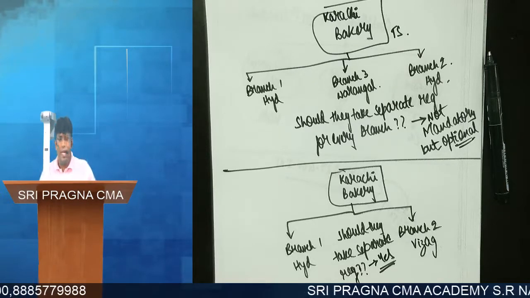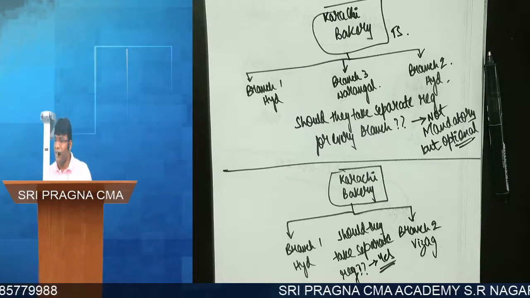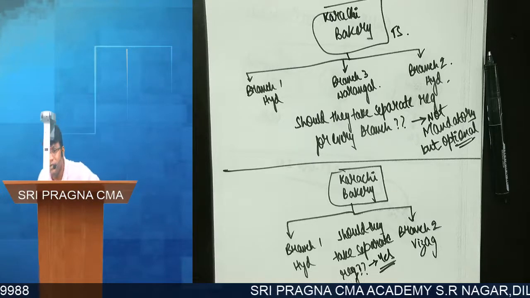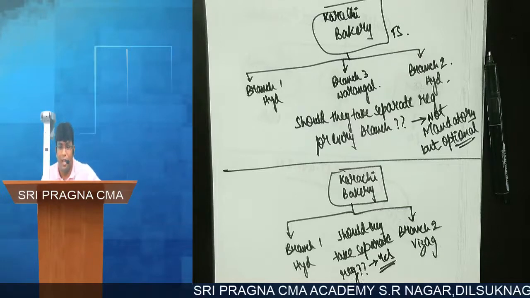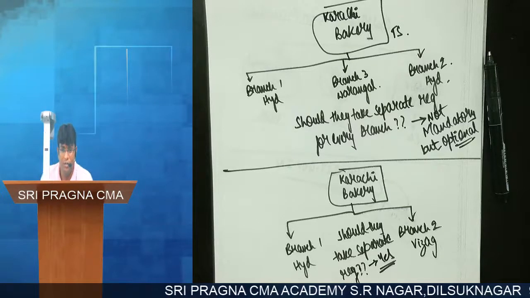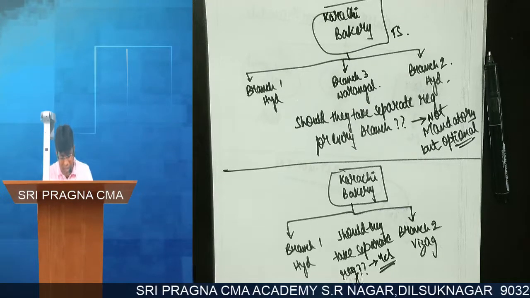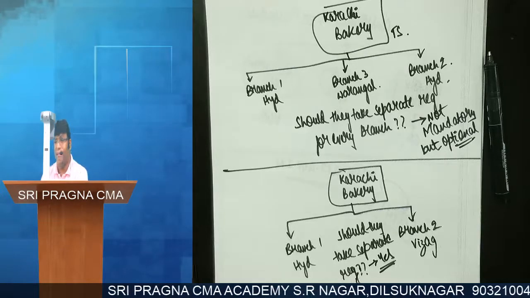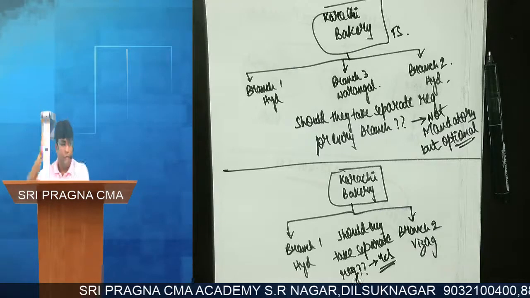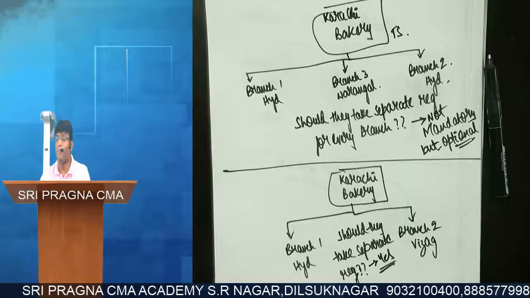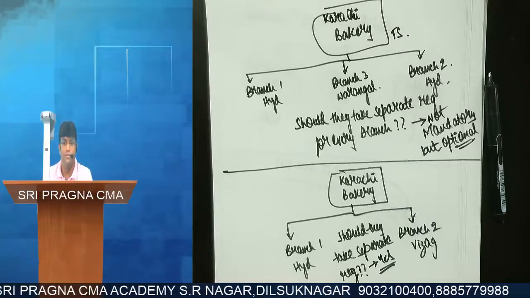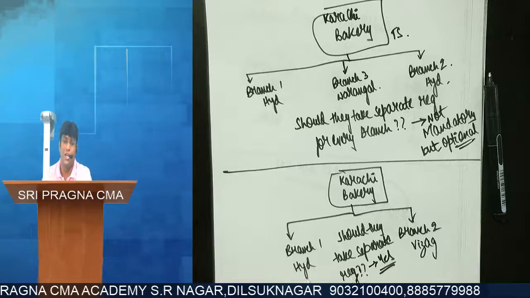So now my question to you: is Hyderabad branch selling the biscuits to Vizag branch? What is it they are doing actually? Stock transfer. Fantastic answer. It is clearly a stock transfer from one branch to other branch. This branch also I am the owner. That branch also I am the owner. From one branch to other branch I am doing a stock transfer. That's all.